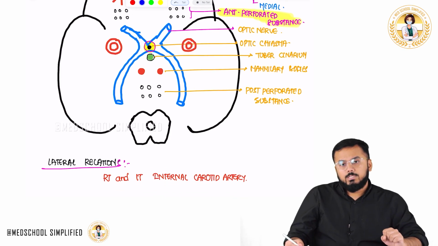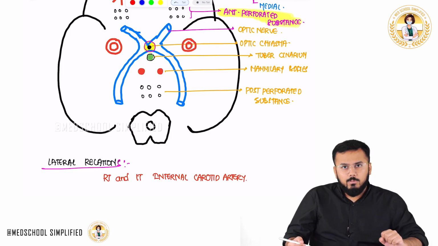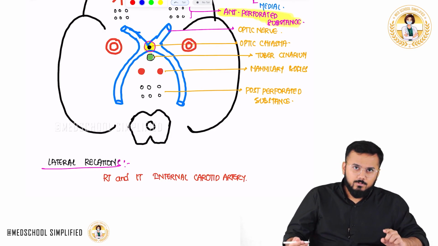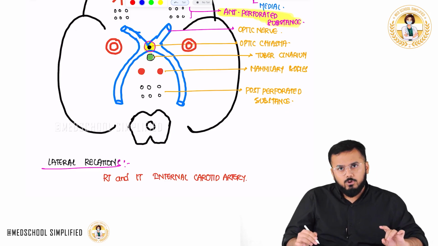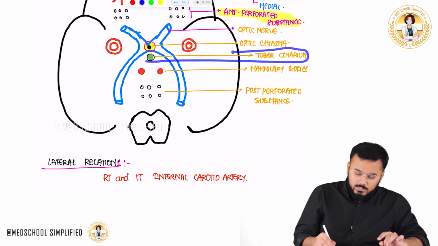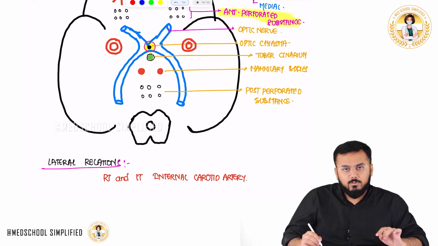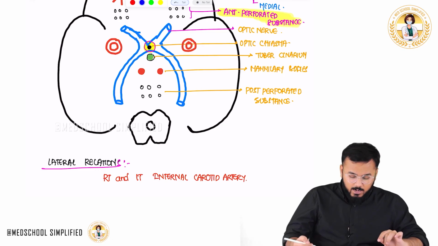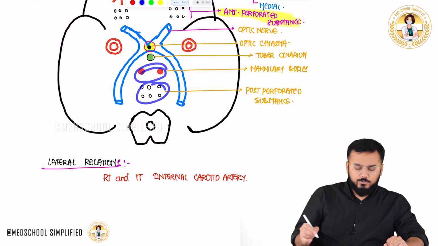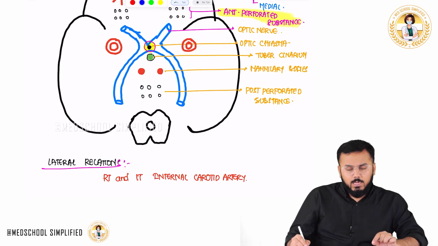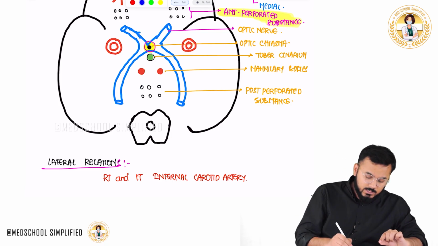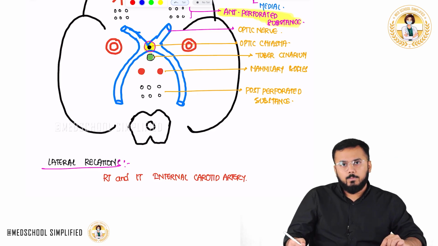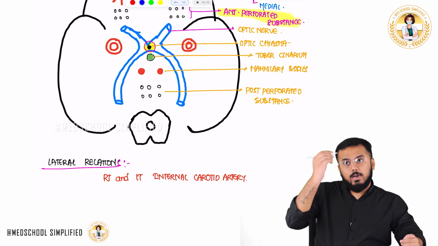Next, attached to the tuber cinereum, what do we have? We have got infundibulum, right? So these things you will learn in another picture. Okay, so we'll draw that picture, but before that, just let me passively write it down. So one is tuber cinereum, which you can already see here, right? And after that, not mammillary bodies, not posterior perforated substance, I'm speaking about that only one relation that is present right behind the optic chiasm, which is tuber cinereum,